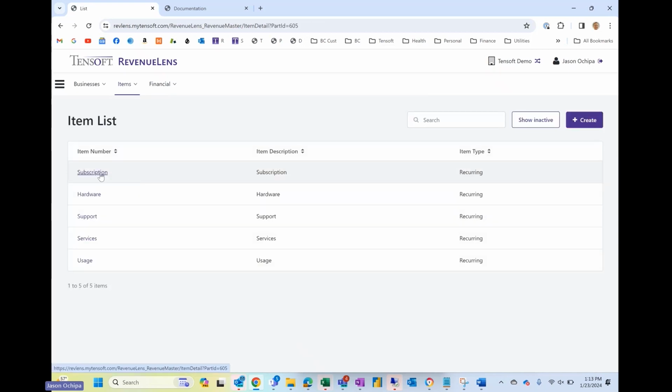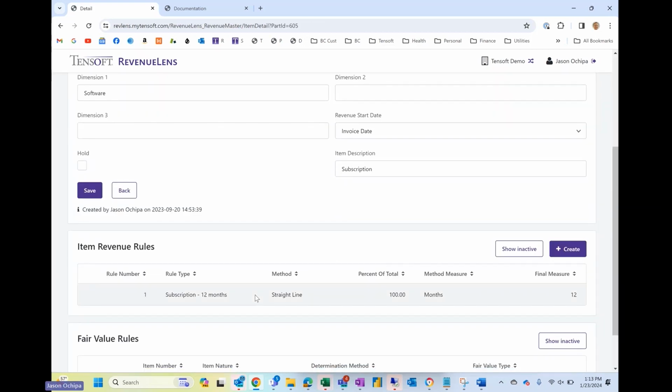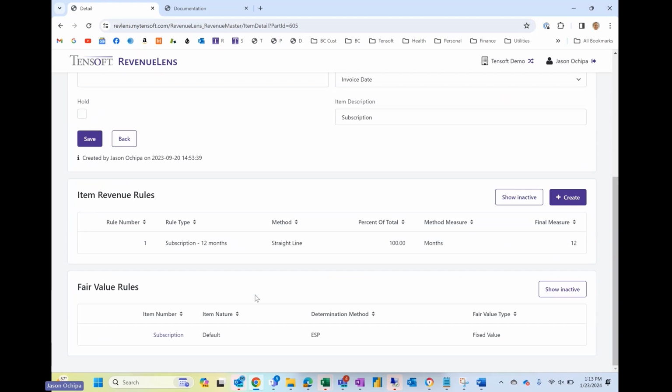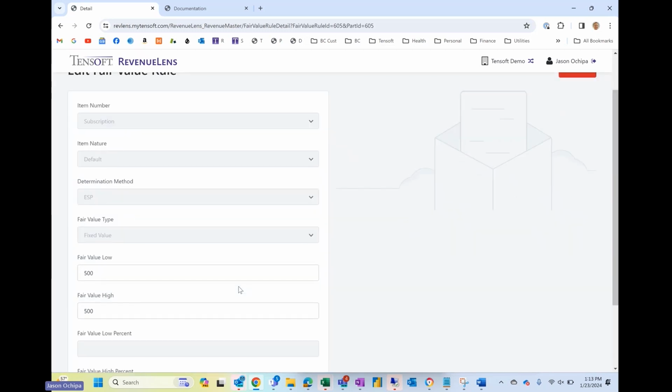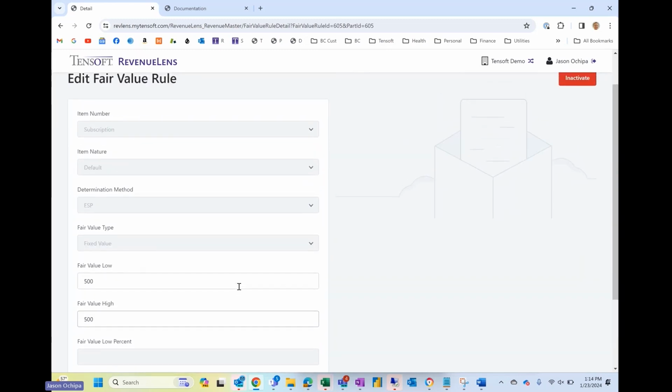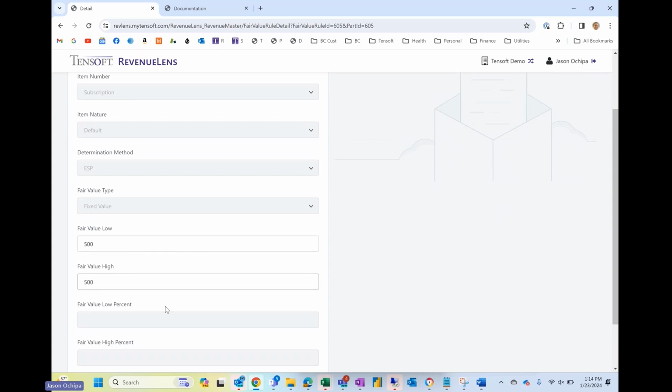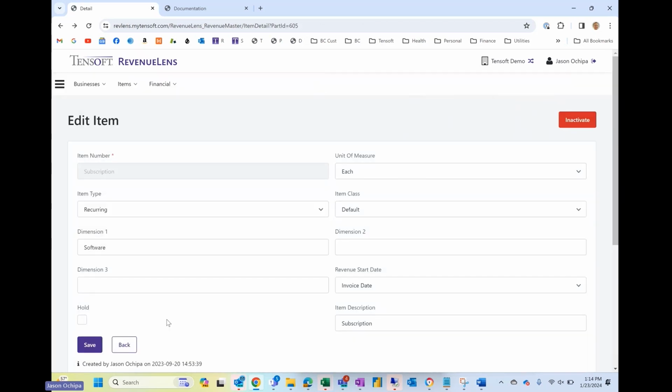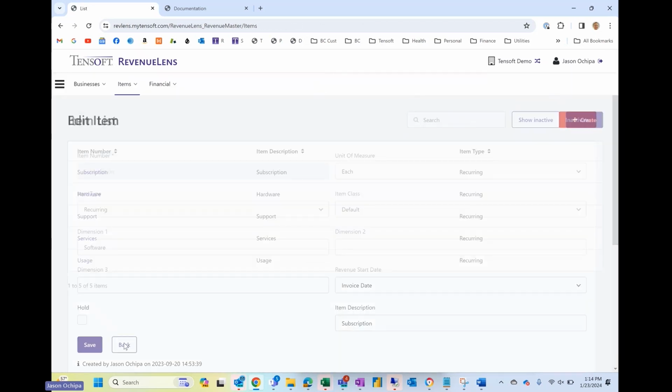So you can define whether a line is a bundle or an item. And each item first takes the fair value, if applicable, for that item and allocates it based on ASC 606 relative selling price for each performance obligation in the document. So the total document value is allocated to each performance obligation, we call it an item, based on its relative fair value. And once the document is allocated, then